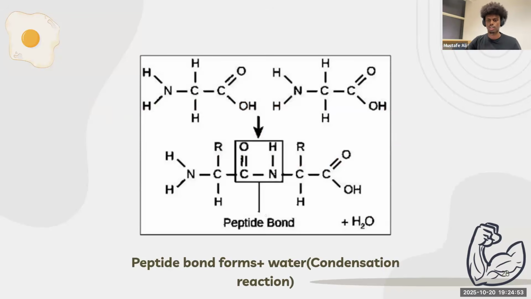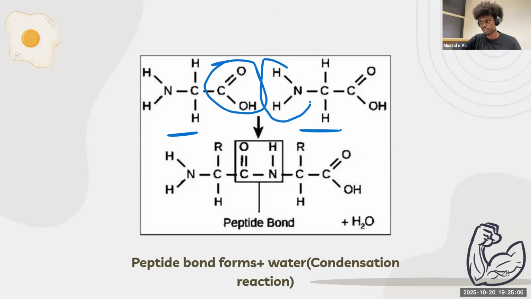Now let's look into this picture right here. We have two amino acids, number one and number two, and the carboxyl group of this amino acid will form a bond with the amine group of this amino acid. And they will form a bond known as a peptide bond, okay? And once this peptide bond forms, it will lead to the release of water. So this is what happens in a peptide bond or in a condensation reaction. The carboxyl group of one amino acid and the amine group of another amino acid come together, they release water, and now they've formed a peptide bond and are connected.